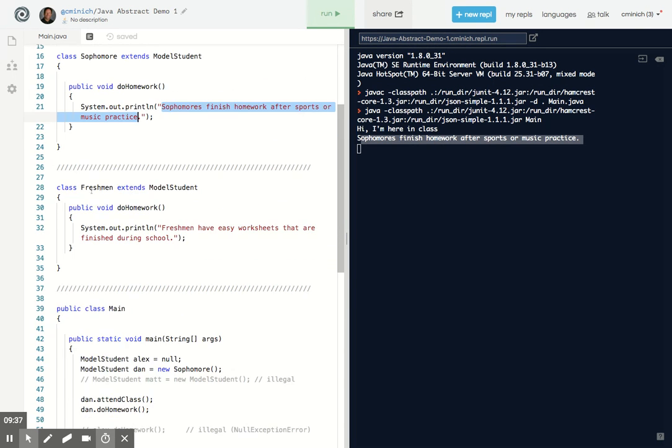Hey, look at how the sibling class, Freshman, which also extends ModelStudent, the abstract parent, implements doHomework differently. Now, it was a rule that freshmen must implement doHomework with something in the body of it. But freshmen have such easy homework, at my school district at least, that they always finish it during class time or during study. Well, actually, they don't have study halls around here, but they find time to do it